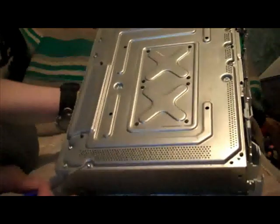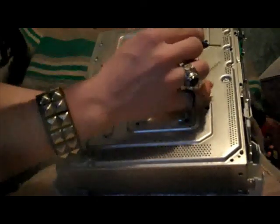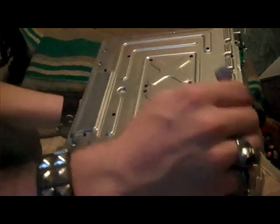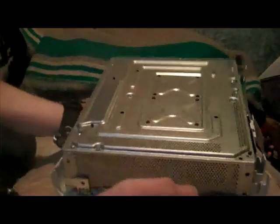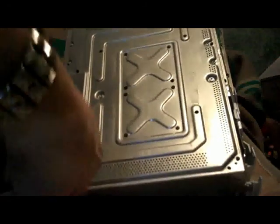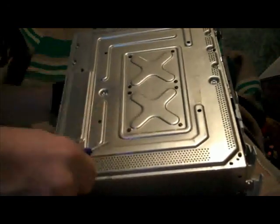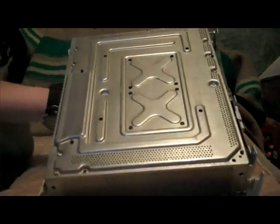So to tell which screws you need to take out, I'll point to them right now. 1, 2, 3, 4, 5. There's actually 6. Should be one right here, but for some reason there isn't. Fucking Xbox. So, anyways, what you want to do is just to tell which ones you need to take off. They're longer screws,